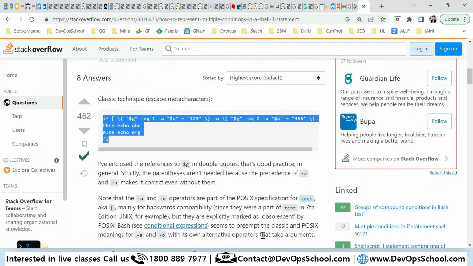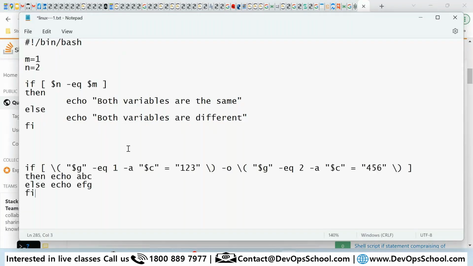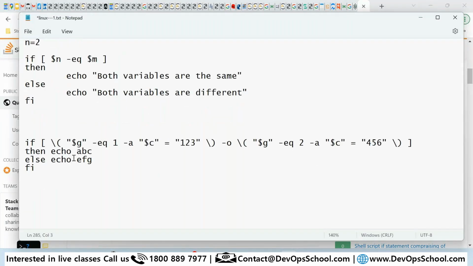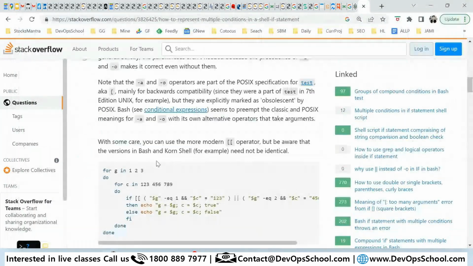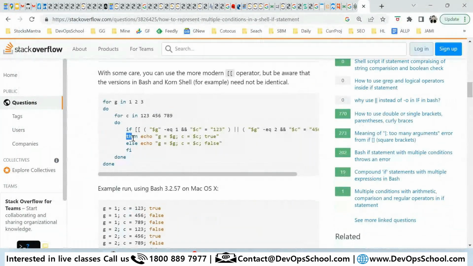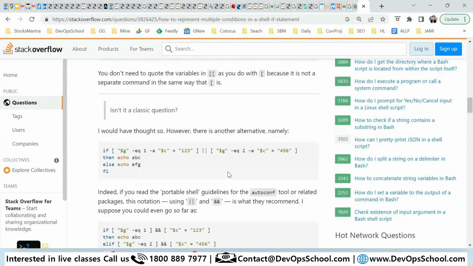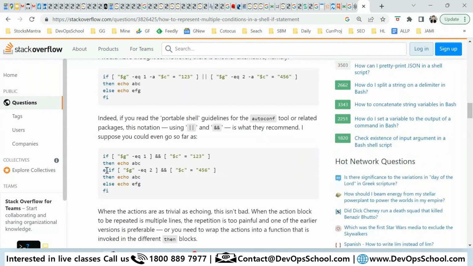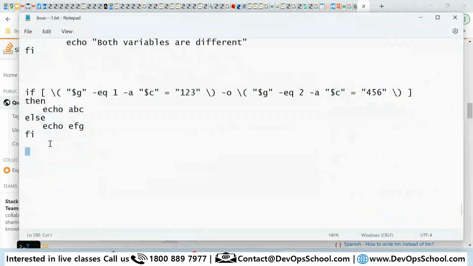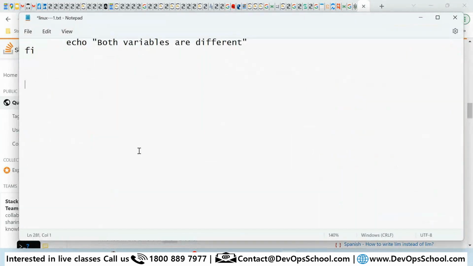let's understand the pattern first. If, then echo abc, else, like this. So here, okay, this is the same thing. This is a then else, then some more examples I need. This is the one I need actually. So that way I need that program. So control